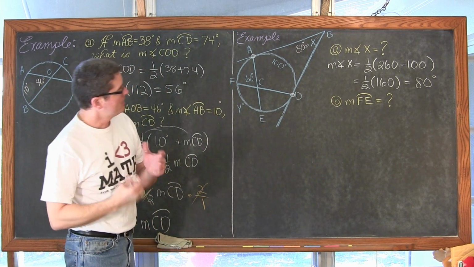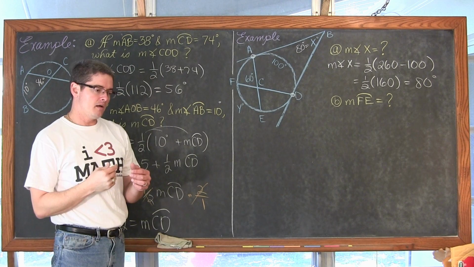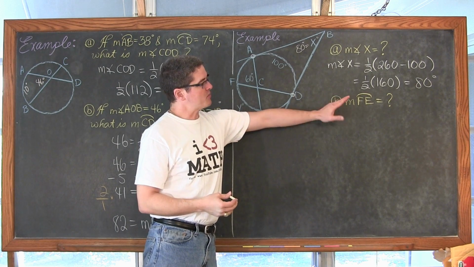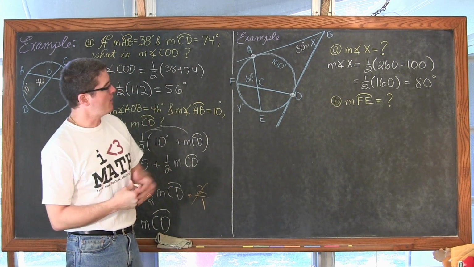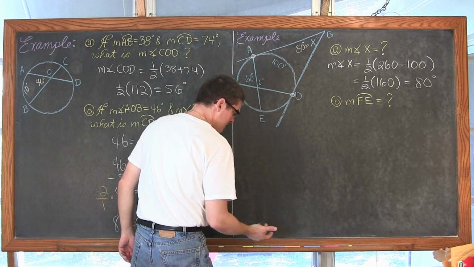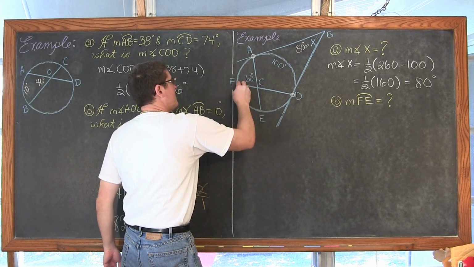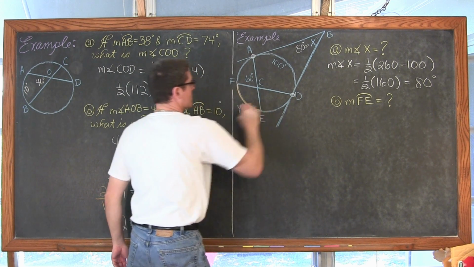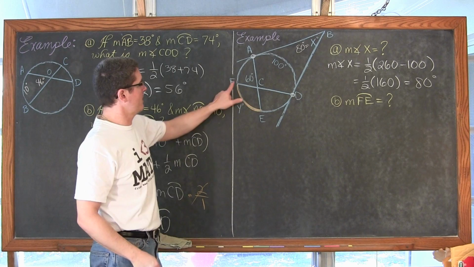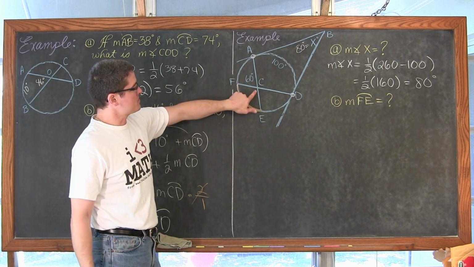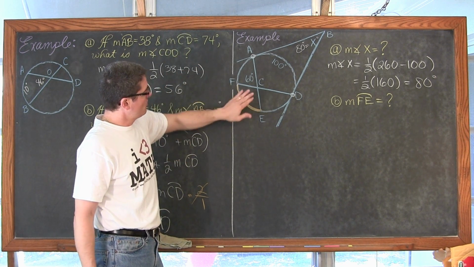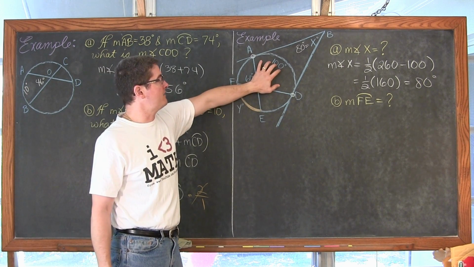Now, this one's going to take us having to find some information. It's related to this answer, but it's not the answer. I want to find the measure of arc FE. Well, let's get some orange. So I want to find the measure of this arc. Well, this arc is created by these 2 lines or chords, since they don't go on forever, they're ending on the circle. But these 2 chords are intersecting inside the circle. Okay, so the measure of arc FE. Well, on the other side of these lines that are intersecting, I have, again, arc AD.